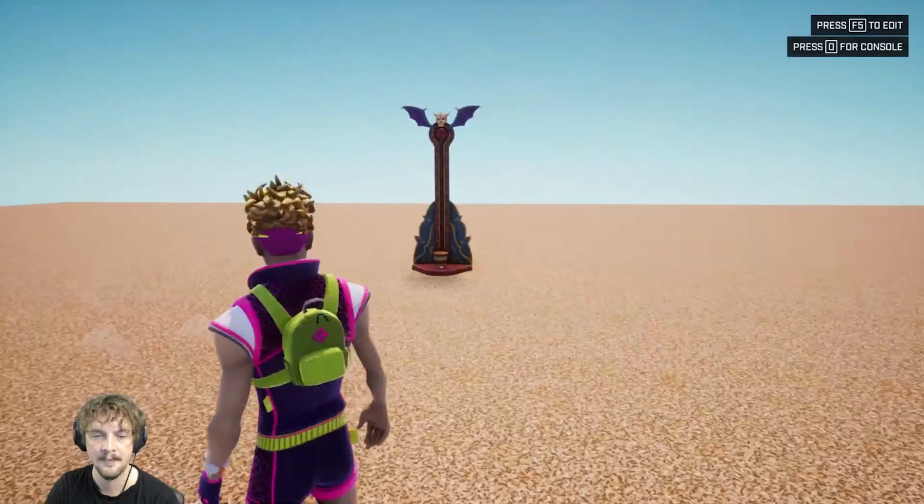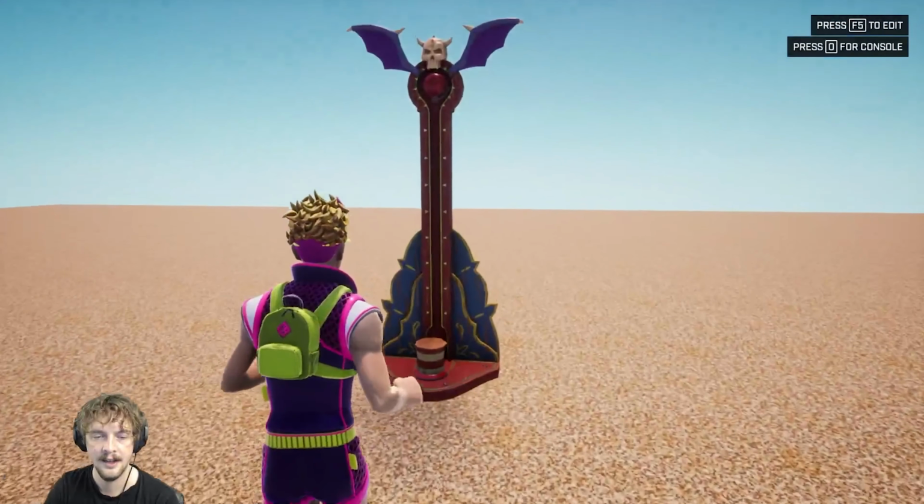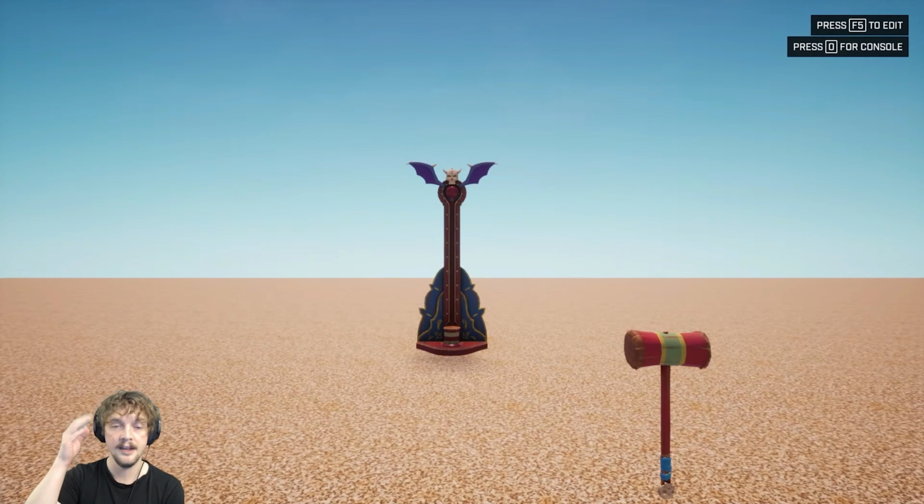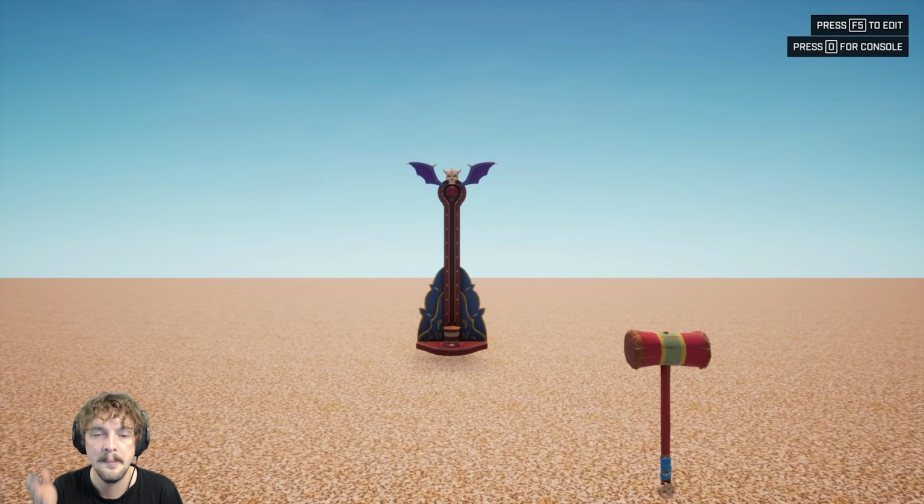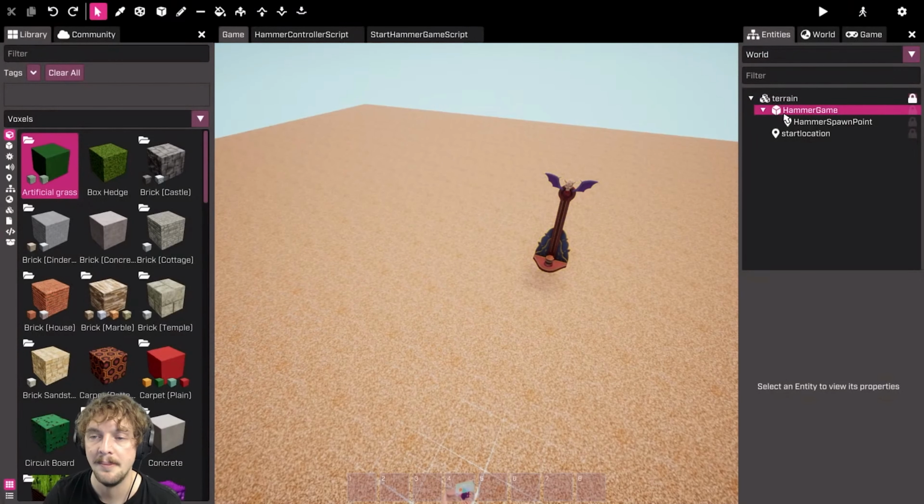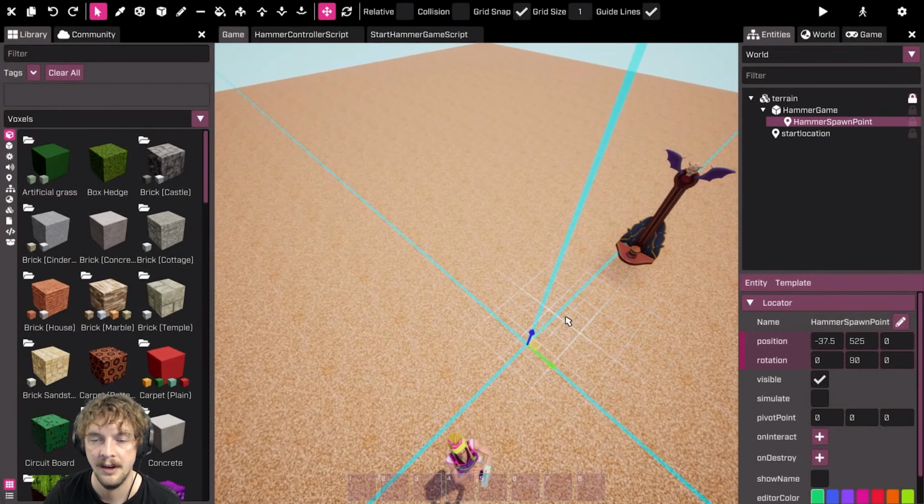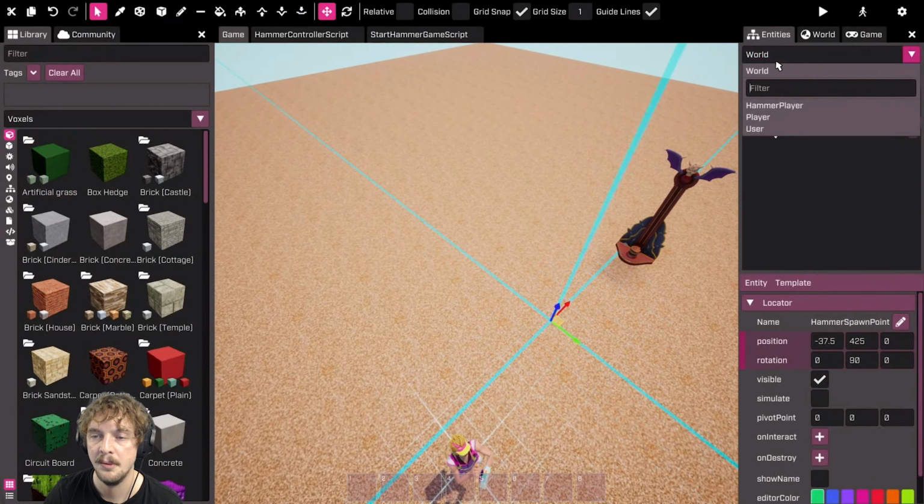If I run over here and then interact with it, you can see that it is smack bang in the middle of the screen. So the locator alignment is correct, but now my hammer is a little bit far away. And now I need to do essentially some tweaking to get my hammer to the perfect point and my spawn point to the perfect location. So if I move my spawn point forward a bit,